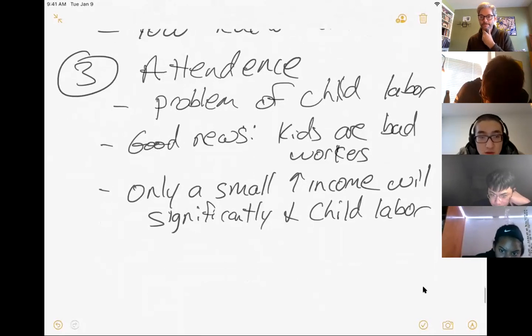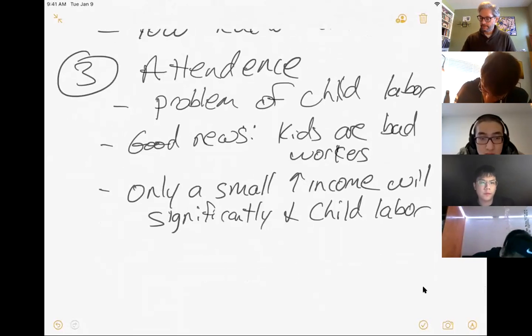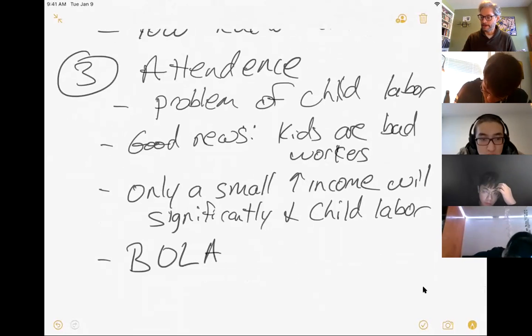And so one of the more effective development programs that have been put into place over the last 20 or 30 years, and there are many variants of this, particularly in Latin America, is